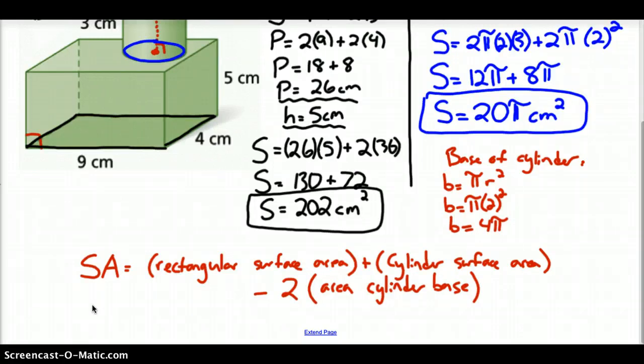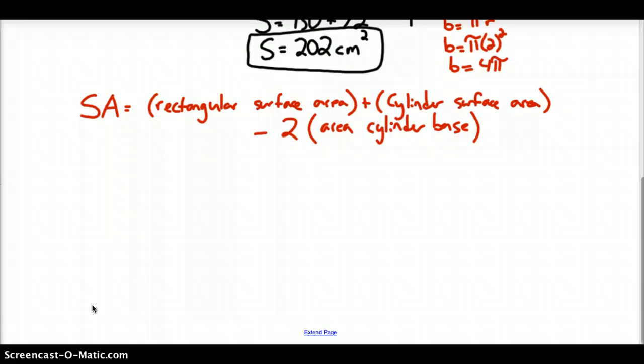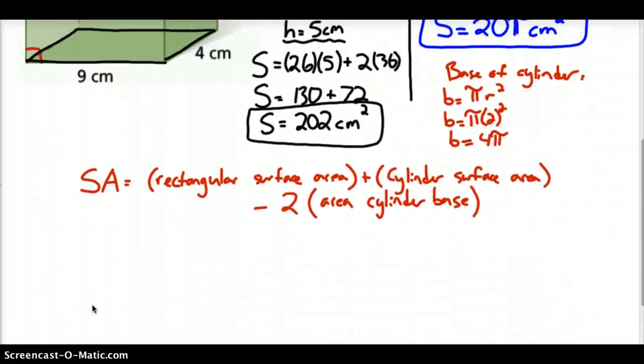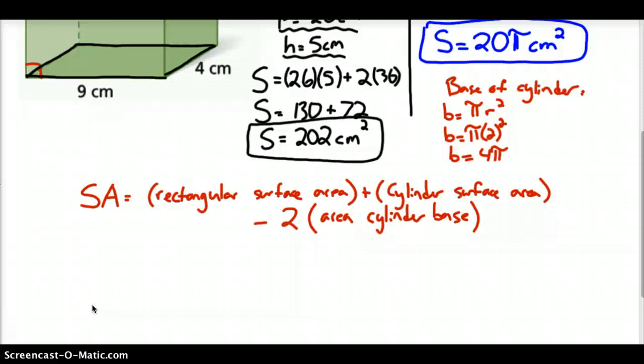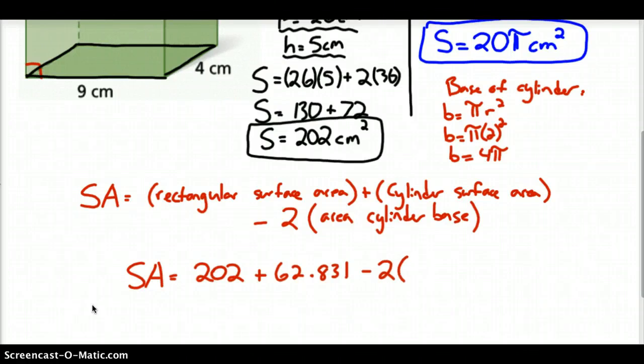Okay, and so at this point, we're just going to plug in what we know, right? So we're going to say that our rectangular surface area was 202 square centimeters. So we'll say our surface area is going to be equal to 202 plus, I'm just going to write 20 pi as an approximated decimal at this point. So 20 times pi is just going to give us, I'll call it 62.831. Okay, and then minus 2 times the cylinder base area, which is 4 pi. Right, so 4 pi is actually going to be about